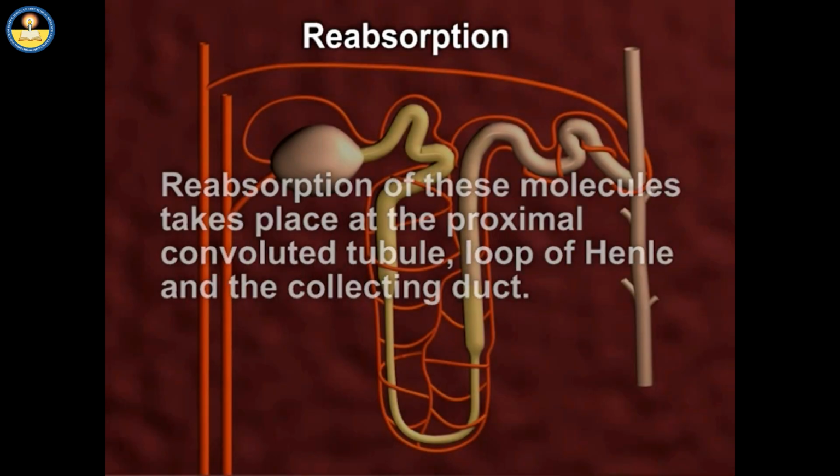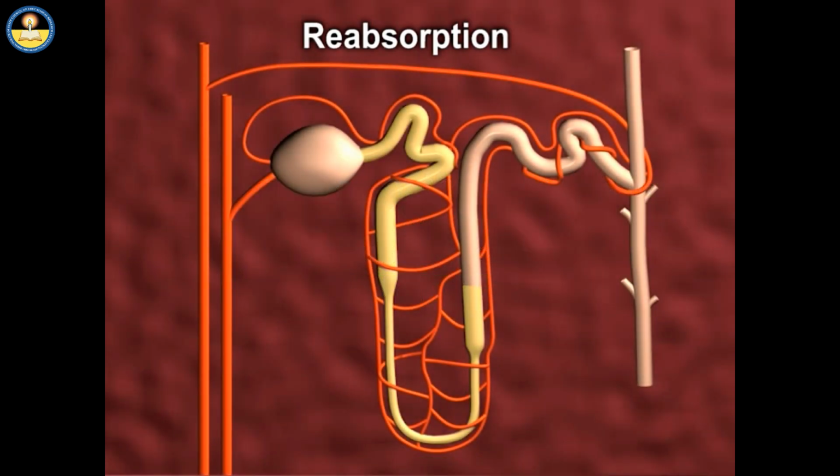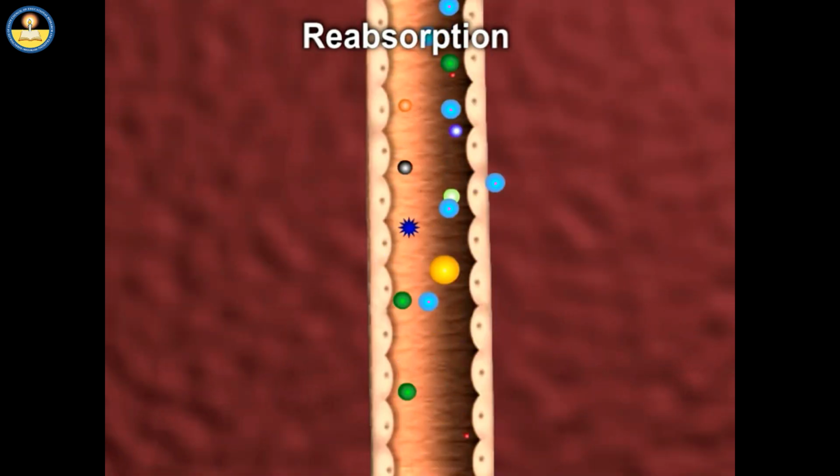Water is primarily reabsorbed at the loop of Henle. In fact, the longer the loop, the more water is reabsorbed. If this reabsorption does not take place, we would die of